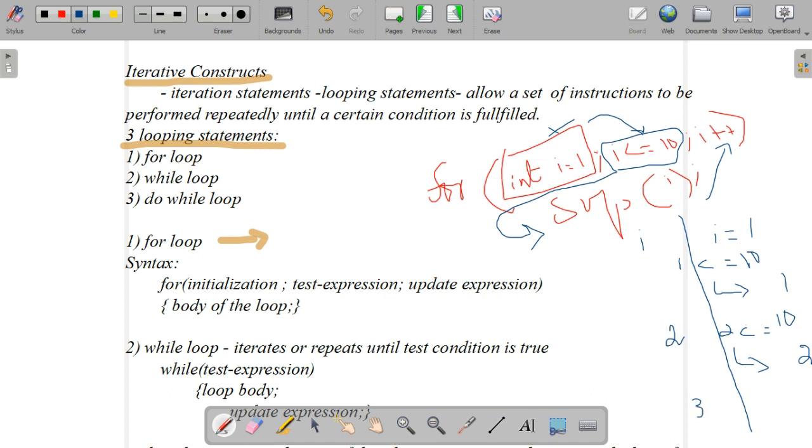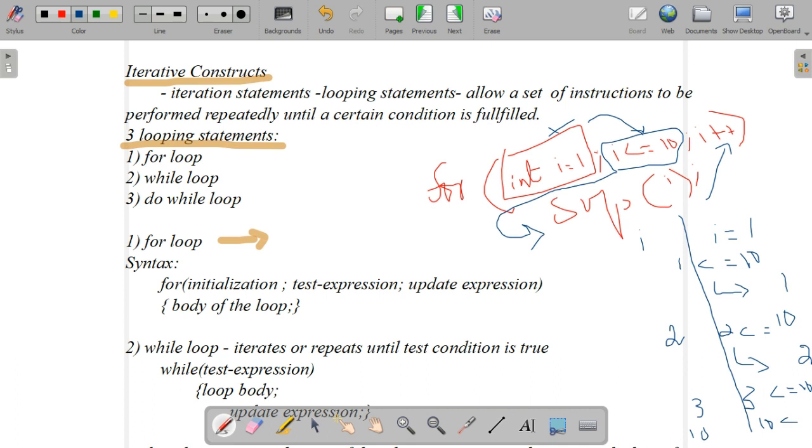Again i is increased, i++. After the execution of this statement, it will go here for the update expression and i = 3. Again, 3 less than or equal to 10. The condition is true, so it will execute the statement inside the for loop. After the execution of the statement, it will go to the update expression like this. It will continue till i is less than or equal to 10.